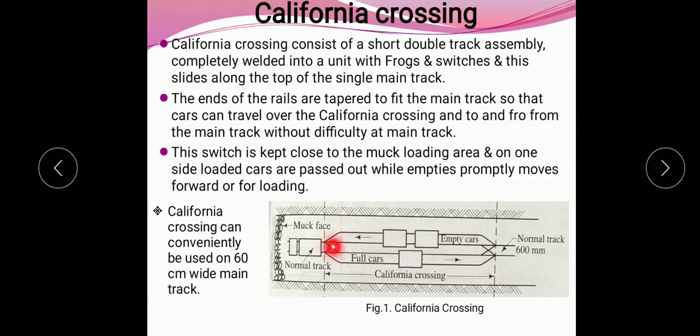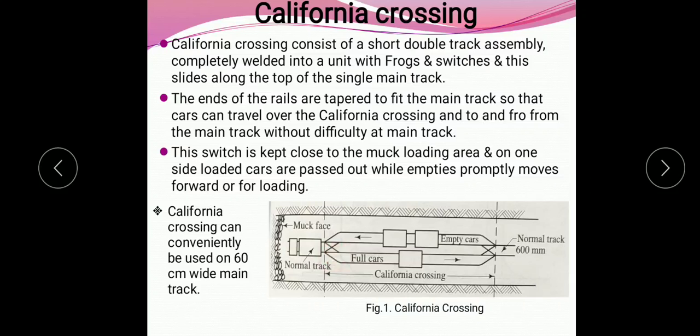Here we can see these are the frogs and switches that are used for movement or sliding of the track. The ends of the rails are tapered, so that cars can travel over the California crossing. That is, to and fro motion is obtained from the main track without difficulty.